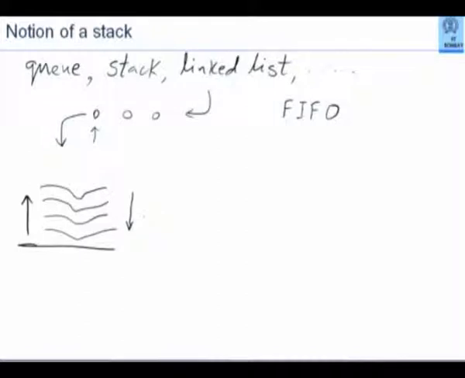The two functions associated with operations on a stack of values or stack of elements are called pop, which is associated with taking out something, pop out of stack. And the other function is push, which is associated with pushing something inside. So, this is getting out, this is pushing. Push and pop.